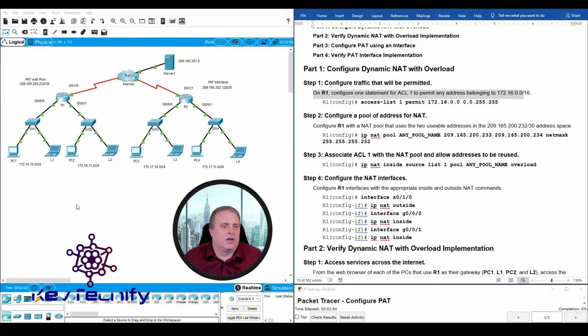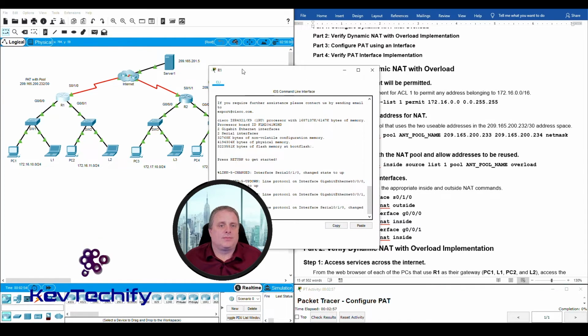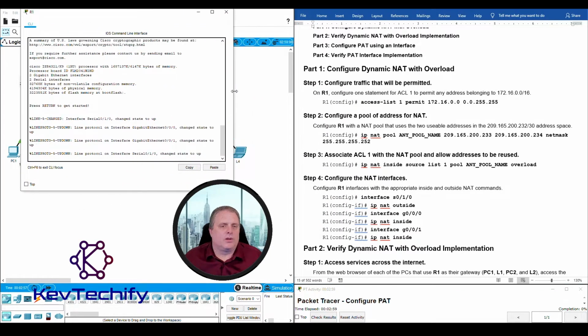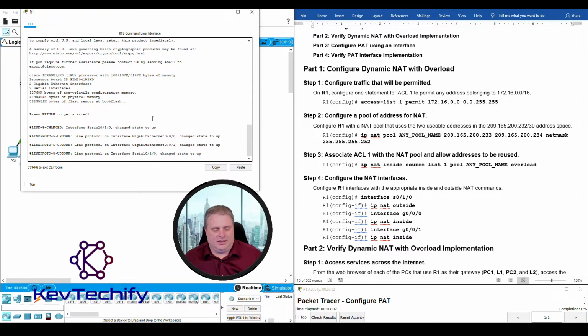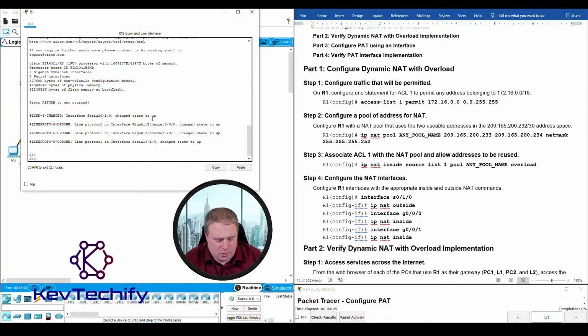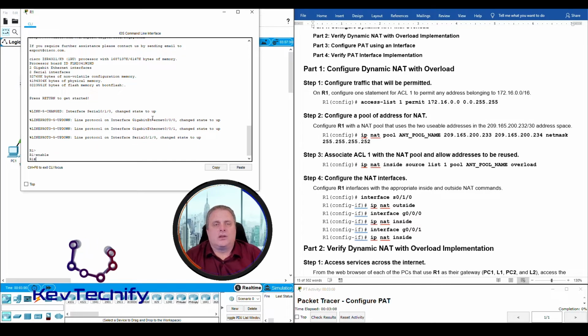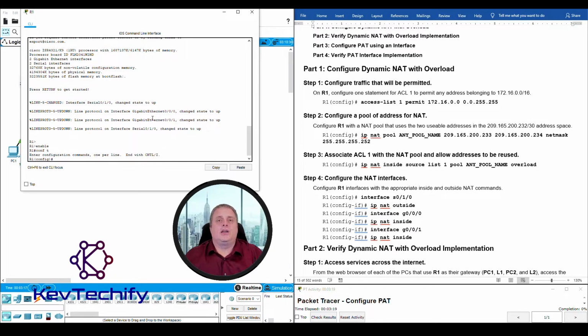172.16.0.0/16 network. So over here on R1, I'm going to go ahead and click on R1. I'm going to make the window a little bit bigger, going right to left. Hit enter, no password, so I can go ahead and type enable. Now, to configure the traffic that will be permitted, it's an ACL. To configure our ACL, we need to be in global configuration mode, so go ahead and type config t. And then from here, it's just configuring a standard numbered access list. To do that, we type in access-list, then the number of our list, which is number 1, and we are going to permit traffic from the